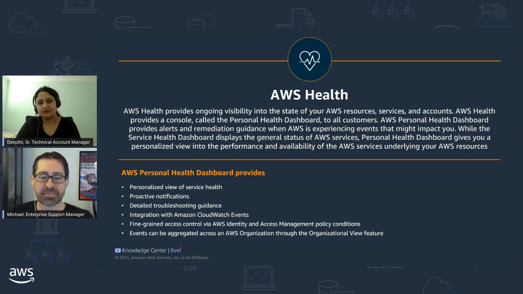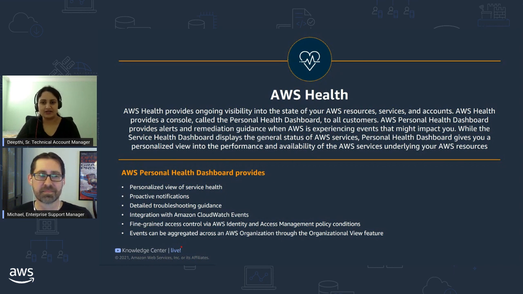But what do organizations really want? Getting this information over to the right set of parties in a timely manner is really crucial, especially if you're running business critical applications on AWS. So for this, Health API integrates with CloudWatch events. Customers can set up automated actions and custom rules to direct specific events to specific teams.